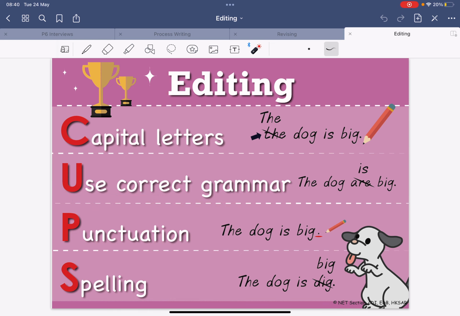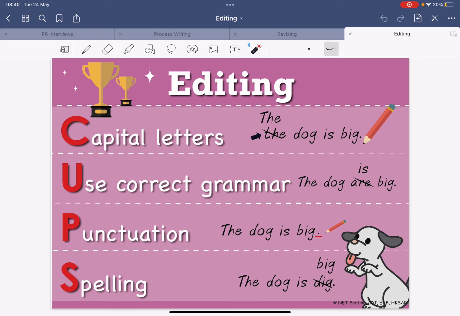The tenses should match each other. So if you start with past tense, continue with past tense. If you change subject, you can change tense. But if you're talking about the same thing, just like Terry's unforgettable moment, you need to stay in the same tense, okay? Punctuation. Check that you're using full stops and commas.